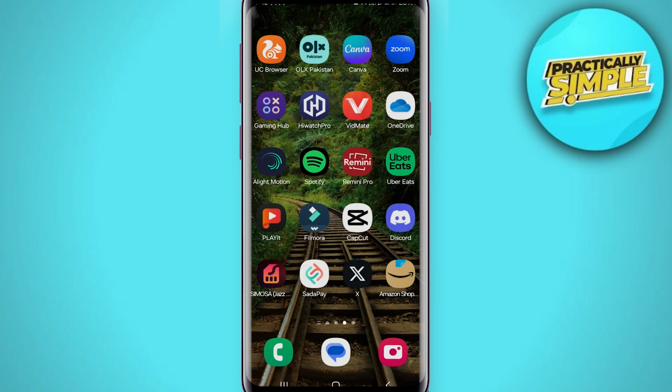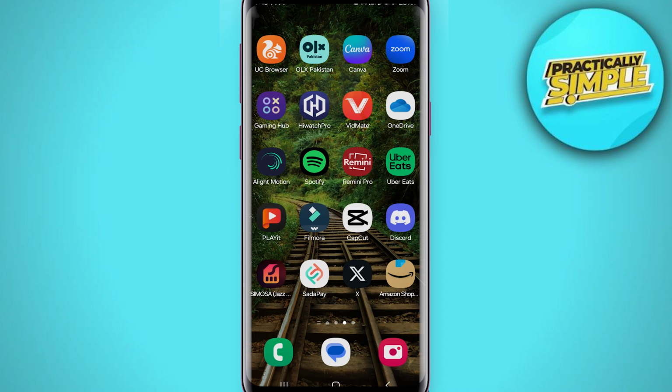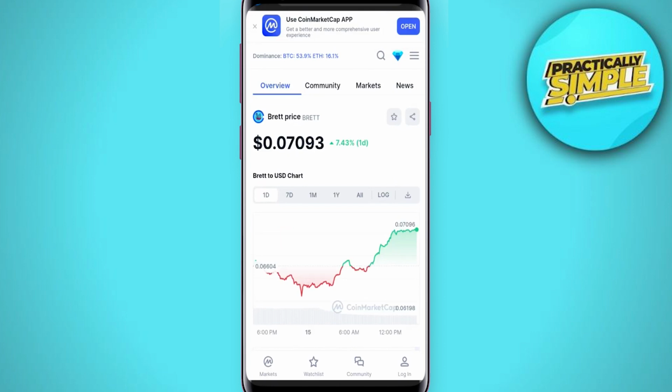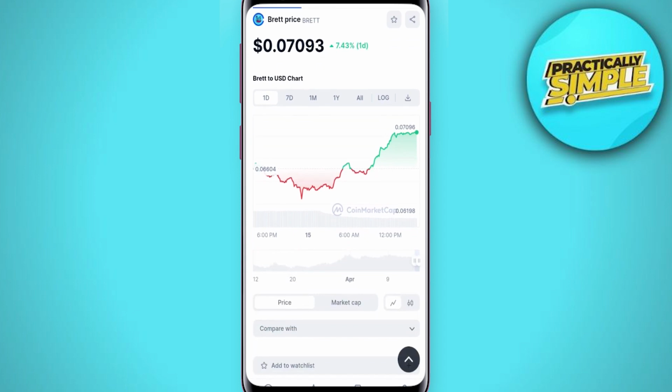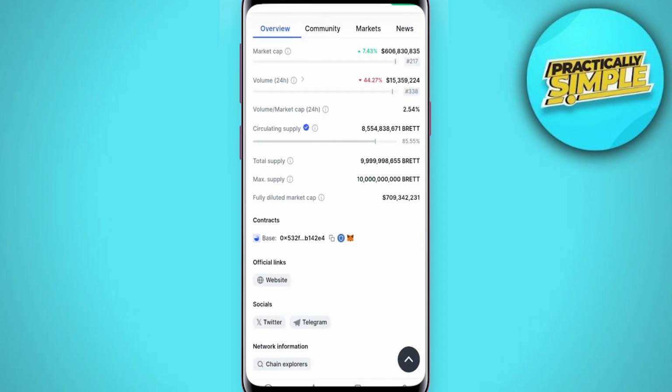In today's video I'm going to show you how to buy BRET directly on Coinbase Wallet. In order to do this, first of all just open up your web browser on your PC or mobile device, and in the search bar simply search for coinmarketcap/currencies/BRET. Once done, you will land on the overview page of BRET, where you just have to scroll down,